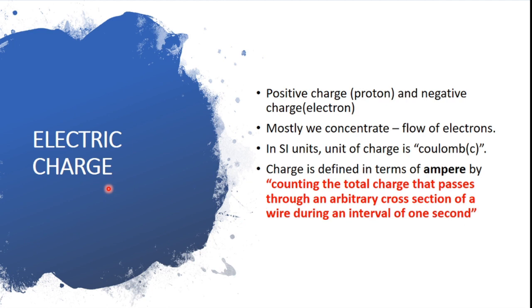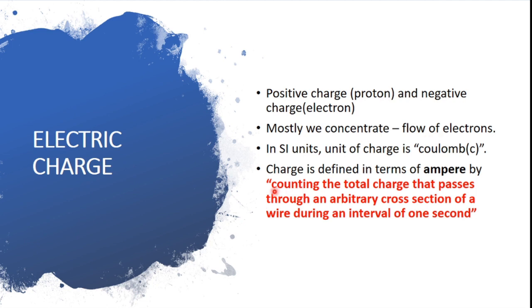We never analyze an electron as one. We always analyze an electron or a proton as a group of charges together. This is because they are very small in size. That is why we study charges as a whole and not as a single one. And as we all know, the positive charge is called a proton and the negative charge is called an electron. But throughout this subject, we will mostly see electrons and not protons. So let us concentrate on electrons alone in circuit analysis, because current is nothing but the flow of electrons.